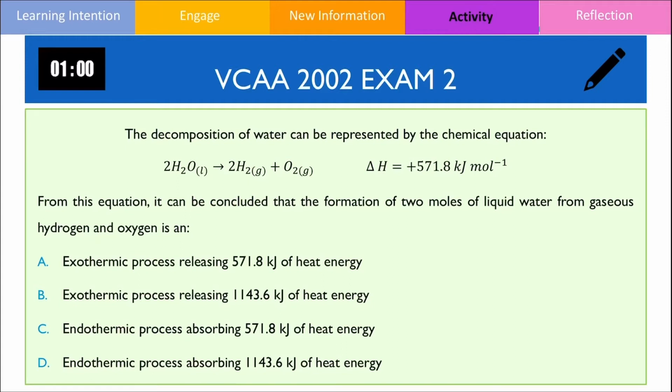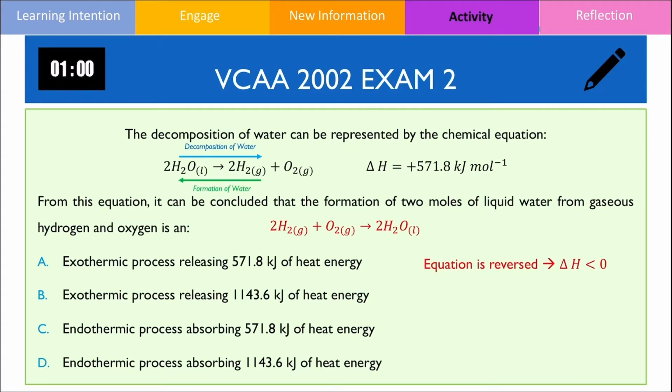This question wants us to find the enthalpy change for the formation of 2 moles of liquid water. This can be represented as the reverse reaction, whereas the decomposition is represented as the forwards reaction. Because we are reversing the reaction, this means we will need to flip the sign for delta H. Hence, the enthalpy change for the formation of water is equal to negative 571.8 kilojoules per mole, indicating that this